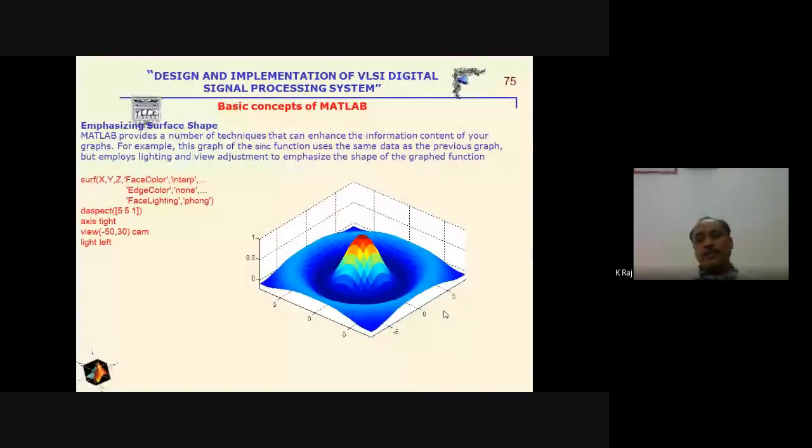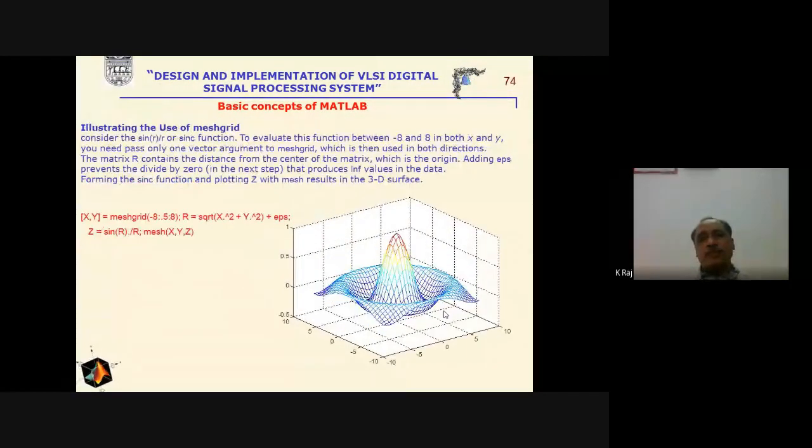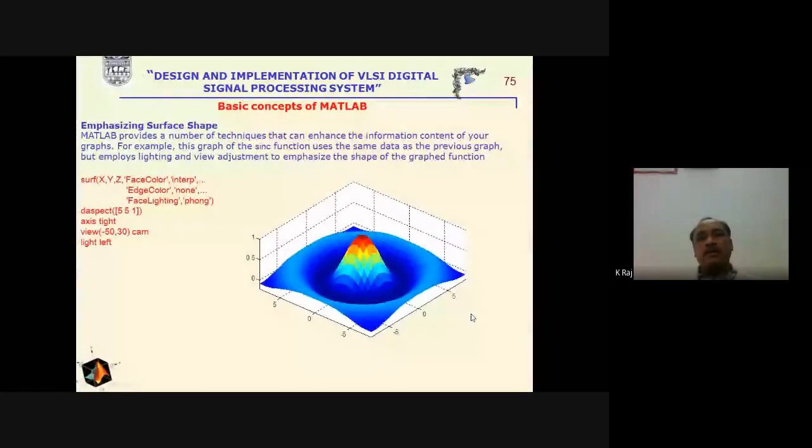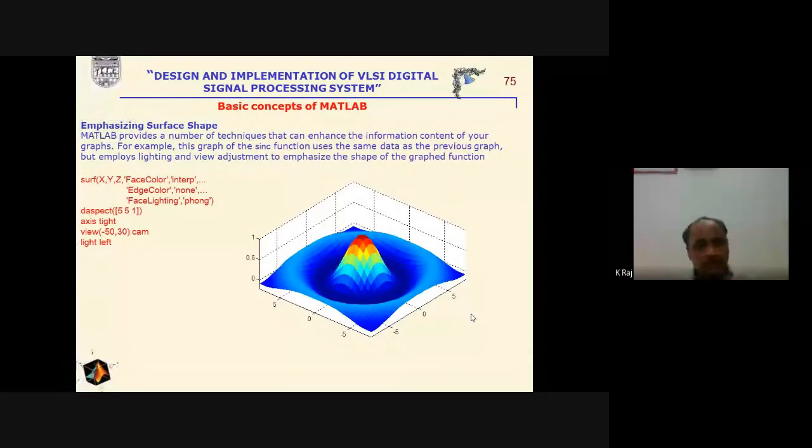Again, that is related to the mesh plot here. And if we are interested in the surface plot having the sync function, then we have to use the surf command here. And if we draw the surf command and at the same time we are interested in the illumination, then we have to write surfl here.